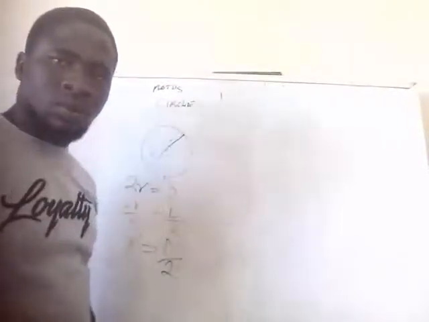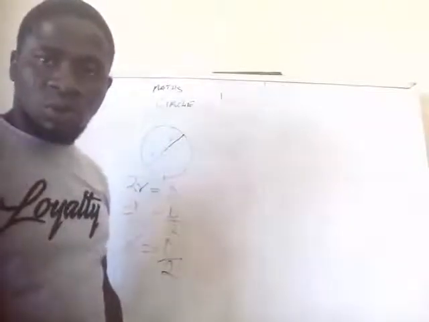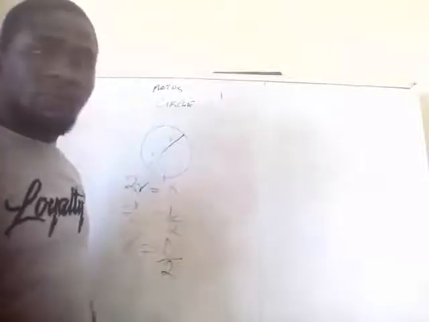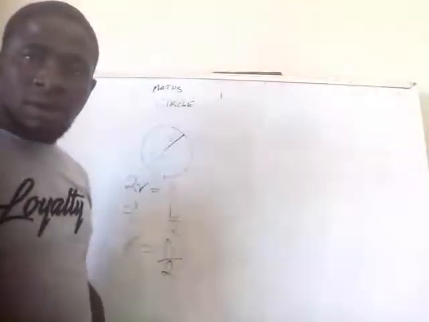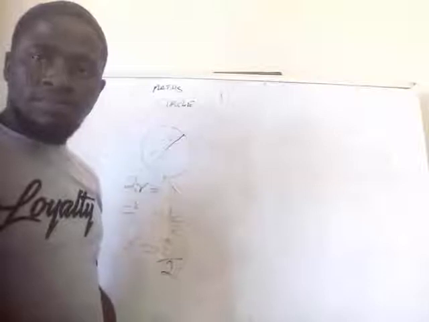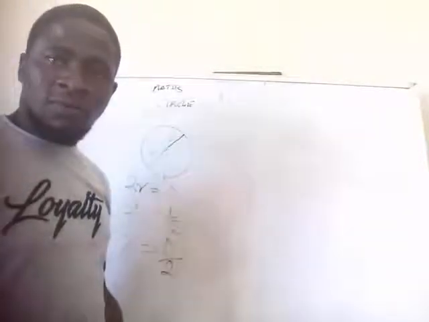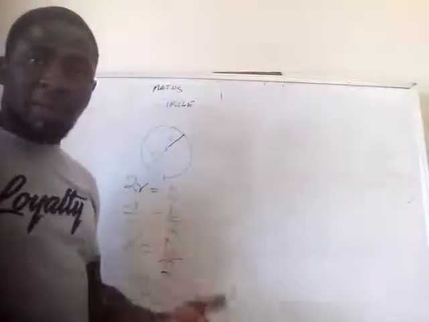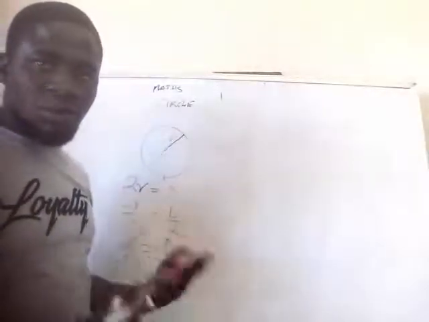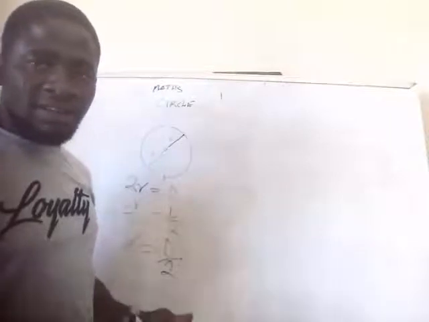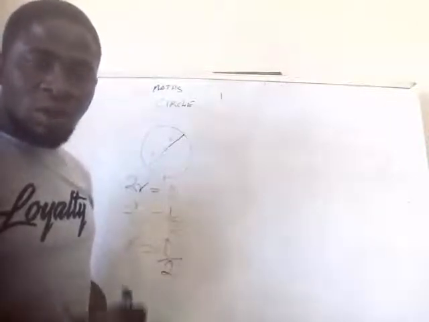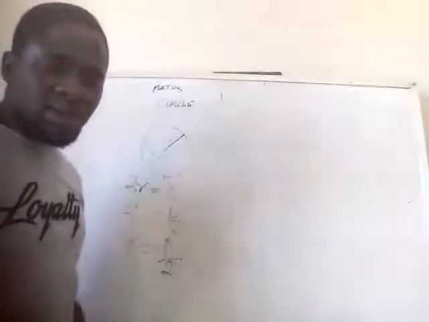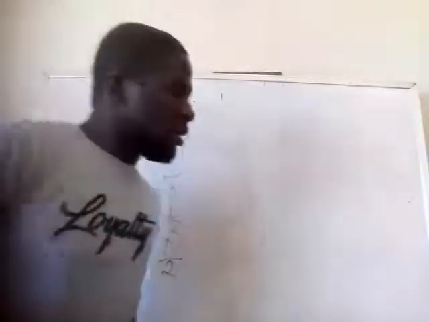Before we continue with the example, let me show you the formula for the perimeter or circumference of a circle. I'm calling it perimeter or circumference so that wherever you see the question, if they ask you to find the circumference of a circle, it is the same thing as perimeter, and whenever they say perimeter, it is the same thing as circumference. So the formula is